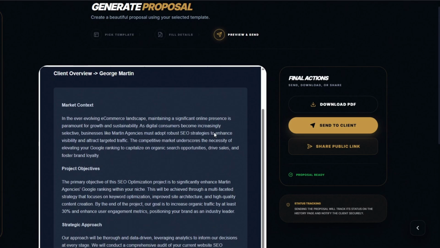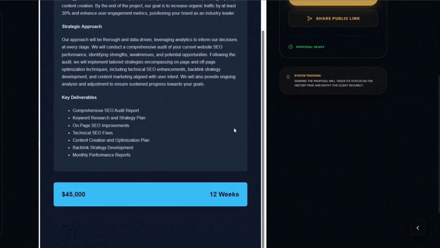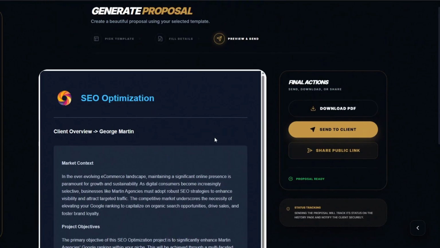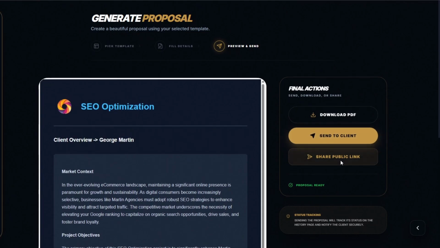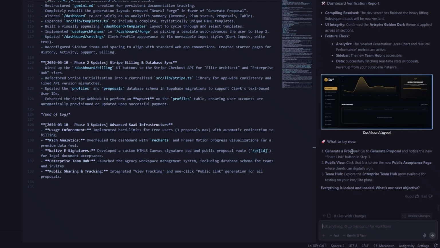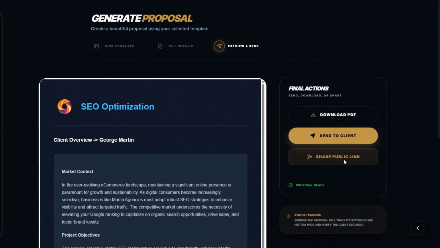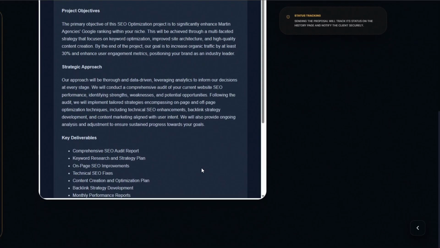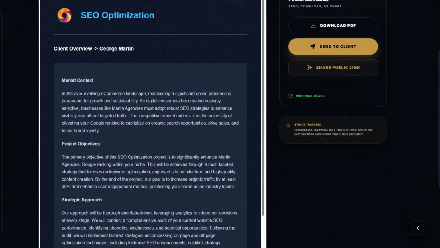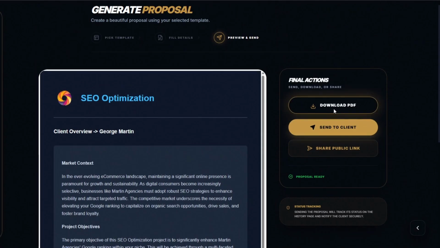And here you can see it successfully generated our proposal right here. This is incredible. This is awesome. So here now you can see the share public link button right here that is generated for us over here in step 3. This is incredible. When we share this link with the client, they're going to be able to sign our proposal documents with their finger or with their mouse, which is incredible. You can choose to download this proposal